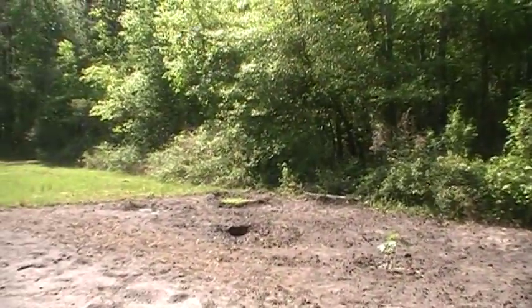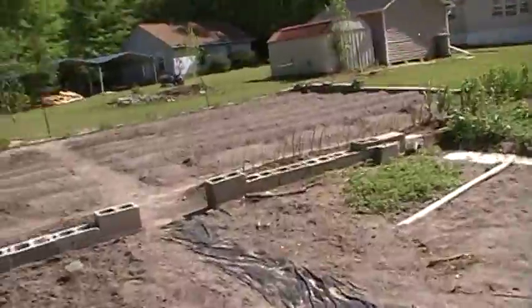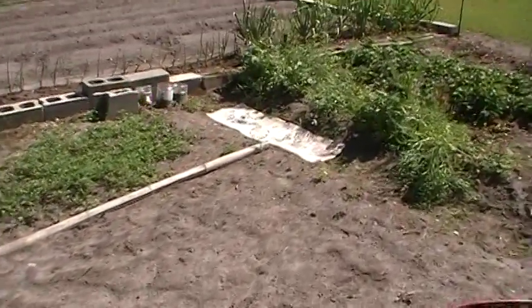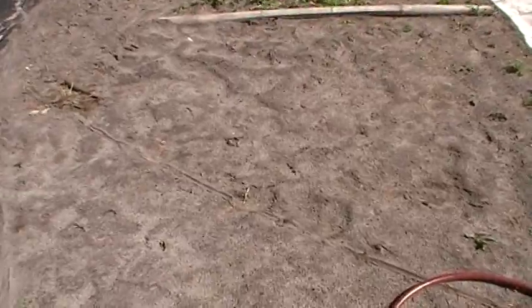Three fig trees looking nice and healthy. So we're quite happy with the gardening so far. We are going to add at least one tomatillo, if not a couple of other ones. My brother Pyro wants to give us a couple of plants to see if they'll take in the garden here